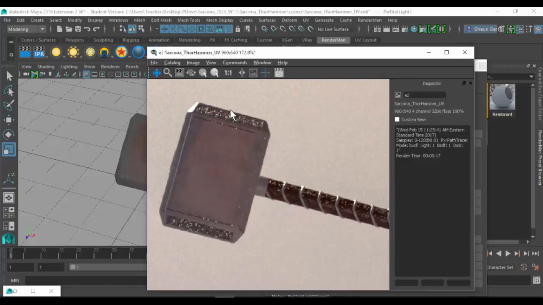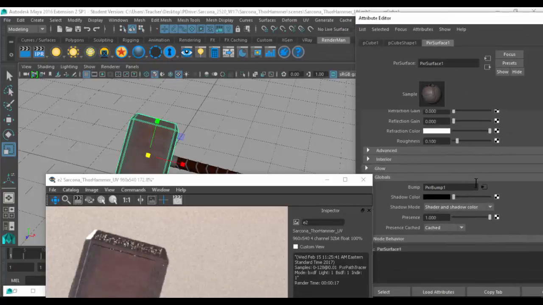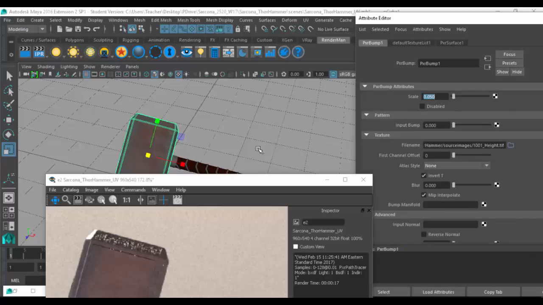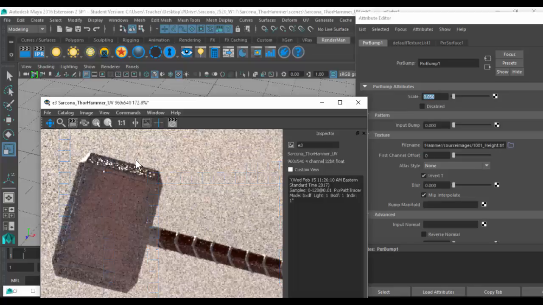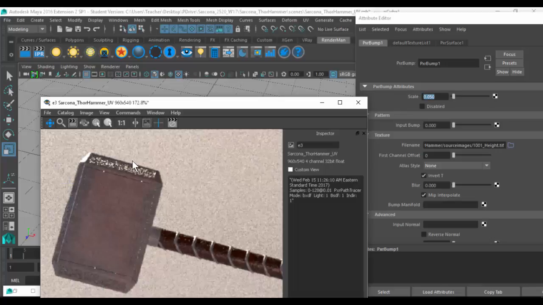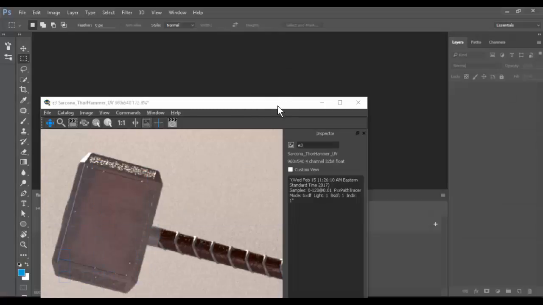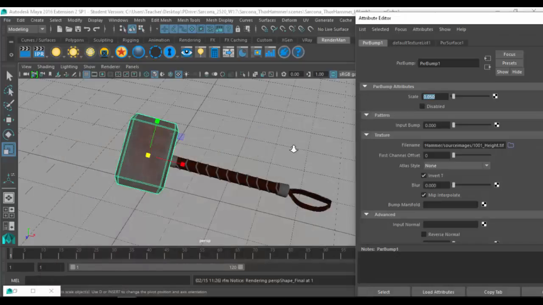Okay, I think my bump might be a little bit too strong. You can see it's really pushing it out. Grab this. Now this is for all of it, so it's not just the one piece. The height map is on all those pieces. Okay, so